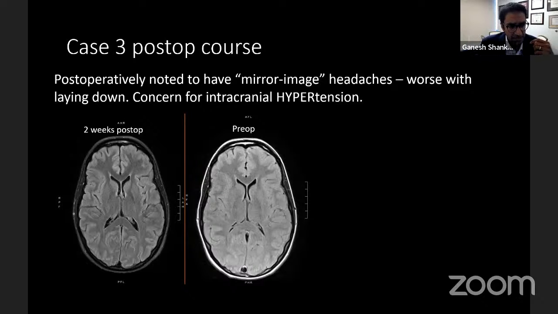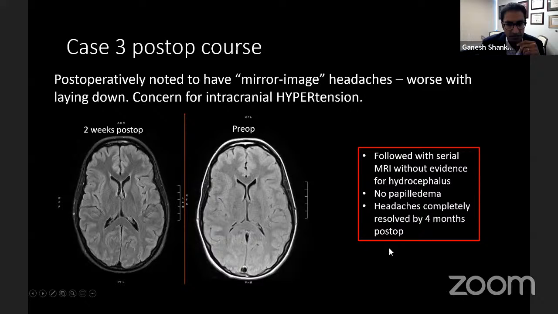But the concern in cases like this, where a patient may have changed their CSF production to account for this ongoing CSF leak, and then we abruptly stop that CSF egress, is that the CSF may continue to accumulate in that space. And so plans B and C would be to maybe try some Diamox for a short period of time, or to consider the patient ultimately for CSF diversion with a shunt. Fortunately, she never needed any of that.